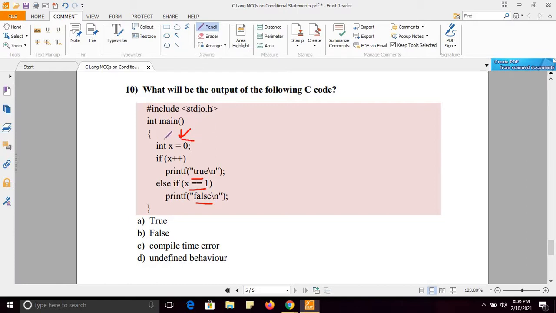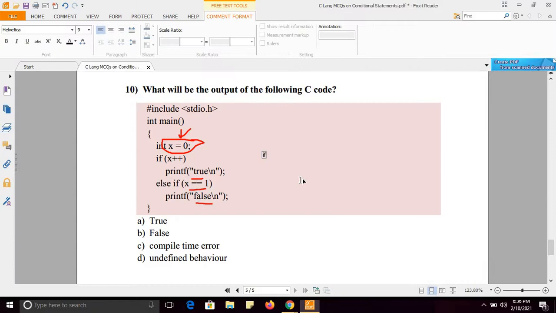The value of x is 0, and here in case of if, the value of x is 0, and this is a postfix post-increment operator. Fine. So first the value will be passed and then the increment will happen.